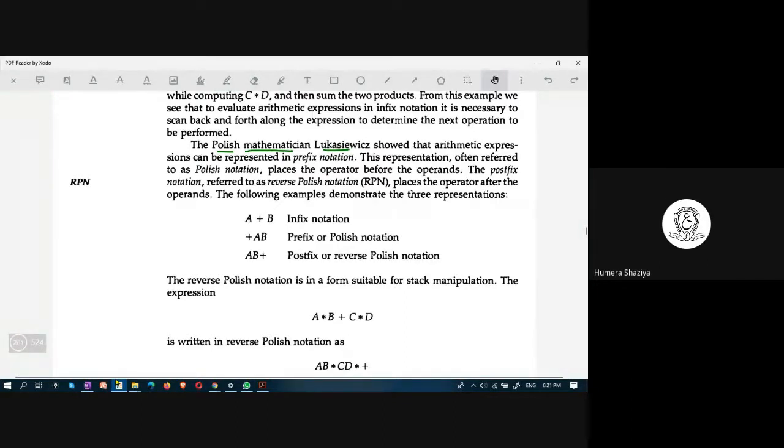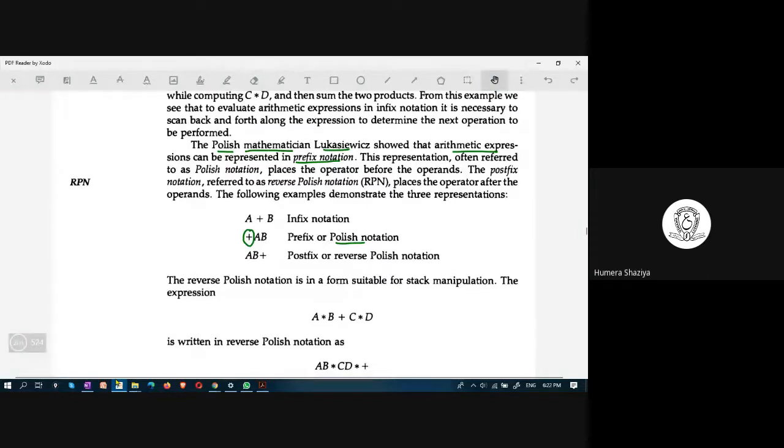He showed that arithmetic expressions can be represented in the form of prefix notation. Prefix means the operator is before the operands. Pre means before. This is known as Polish notation because this mathematician suggested that the expression can be represented in the form of prefix. That's why it has been named after him, a Polish notation.